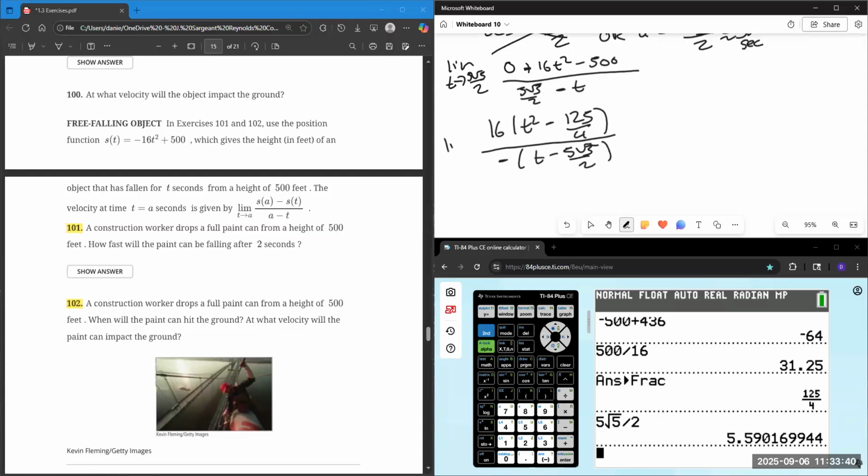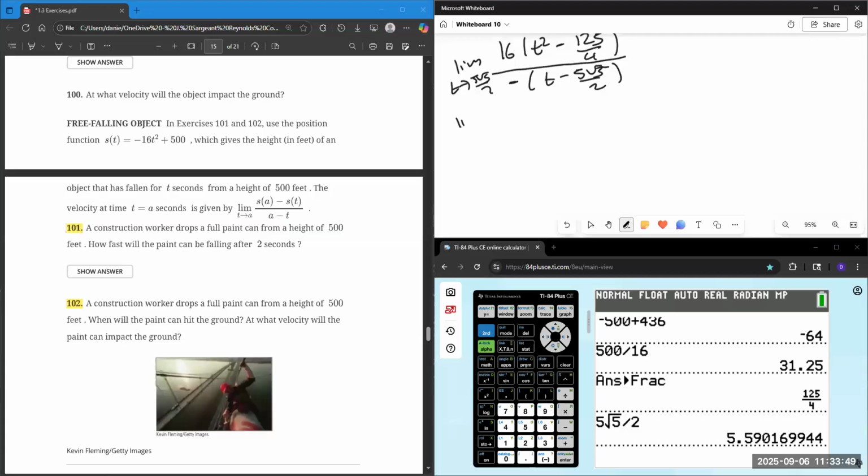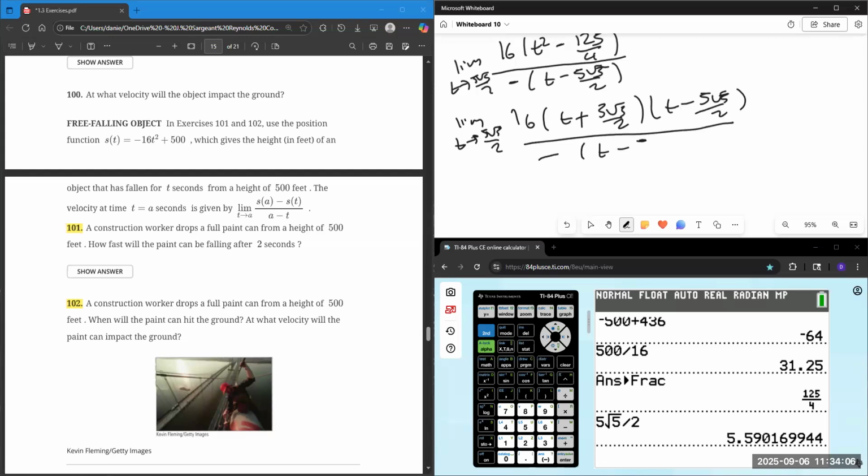And this is limit as t approaches 5 root 5 over 2, 16 times (t plus 5 root 5 over 2)(t minus 5 root 5 over 2) over negative (t minus 5 root 5 over 2). These will cancel. That's limit as t approaches 5 root 5 over 2 of negative 16 times (t plus 5 root 5 over 2)